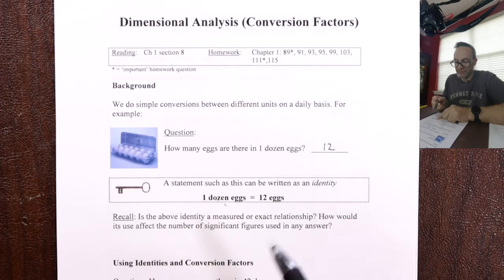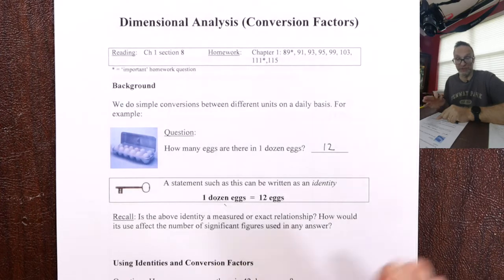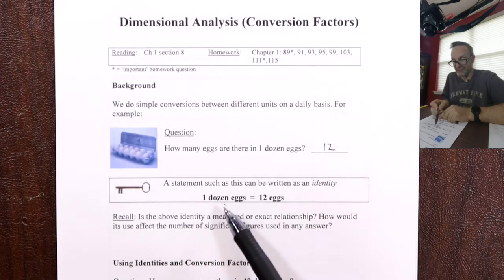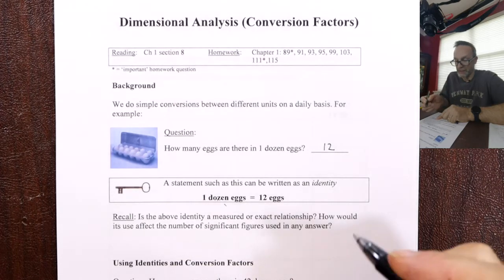Okay, now be careful, a little bit of fine print. Remember, when we talk about significant figures, if something is measured, it has significant figures. If something is exact, it has an infinite number of significant figures, or in other words, we just ignore them, right? Is this an exact measurement? Are there 11.9743 eggs in a dozen eggs? No, there's exactly 12, right? So a dozen is defined as 12. So this one,